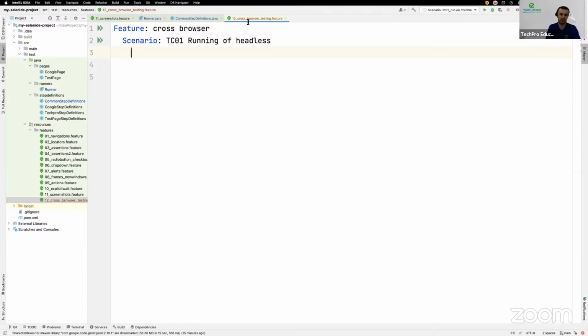I'm going to run, given I open, this will be the browser type. This is how I will design my test case or my feature. Given I open whatever browser, okay? So in this case, it will be headless. Given I open headless browser